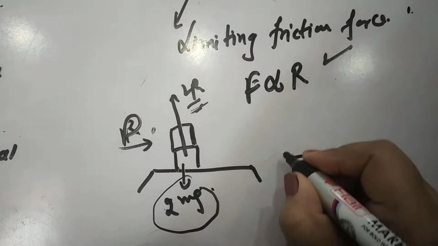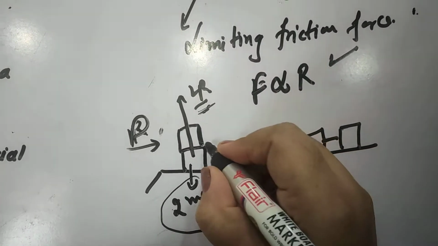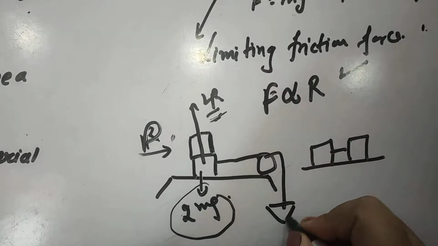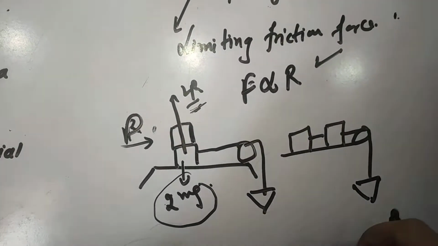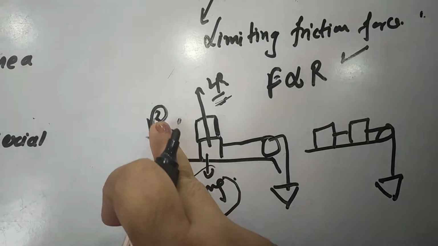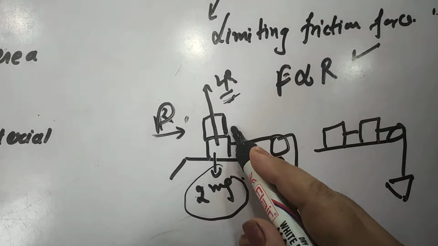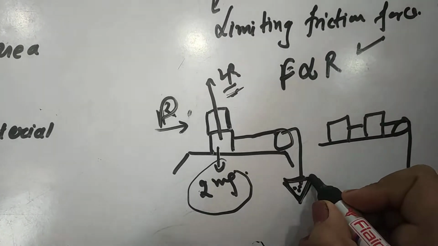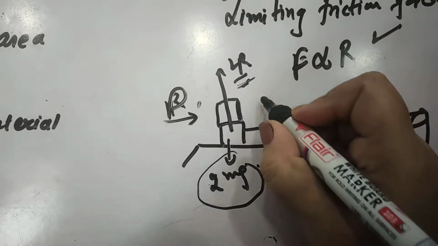Now if we take the boxes and keep them like this, and we have connected these two boxes with, suppose, a pulley, and this is also connected with a pulley, and this is a pan in which we can put the weight. Now if we want to measure the value of the applied force, the frictional force, we have to put some weight in this pan. When the blocks are just at the verge of moving, it means the weight of the pan plus the weight of the coins placed in it will give us a measure of the frictional force.